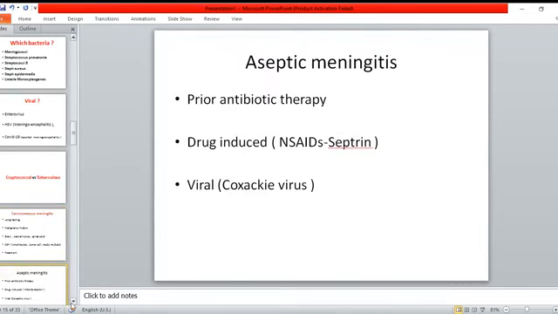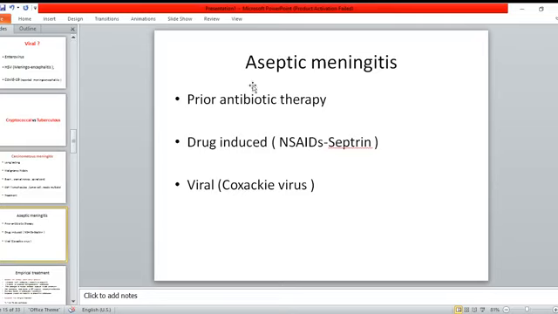Aseptic meningitis, already discussed. So the most common causes are prior antibiotic therapy, and you will see this in the scenario. So it will be a lymphocytic meningitis and negative repeated cultures. Aseptic meningitis, no fever. Drug induced, don't forget this: non-steroidal anti-inflammatory drugs, Septrin, or the combination of sulfamethoxazole and trimethoprim, or the common